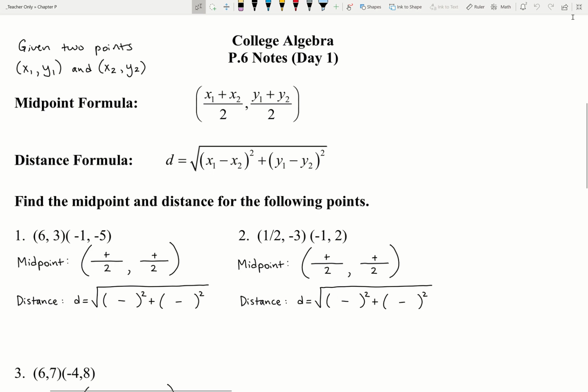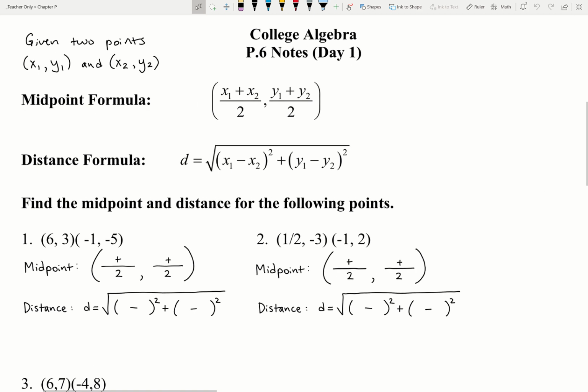Alright friends, welcome back. In this video I'd like to take a quick look at section P.6 in your textbook. It does say day 1 here, but we're only going to take one day for this section because it's kind of short. In this video I want to take us back to the coordinate plane